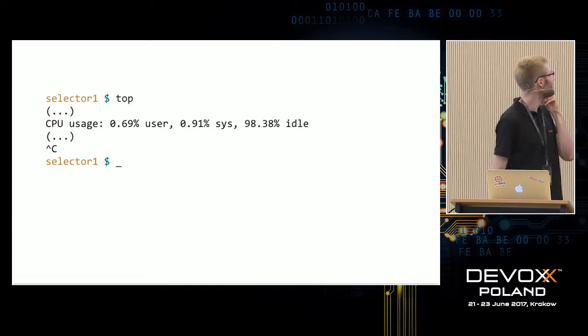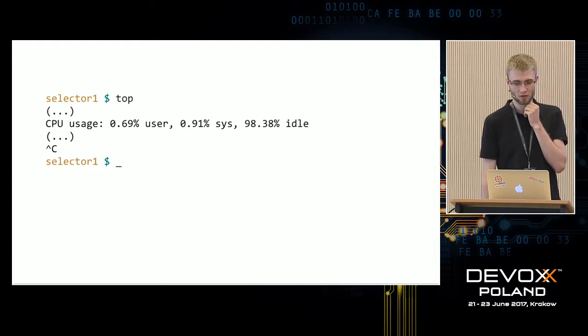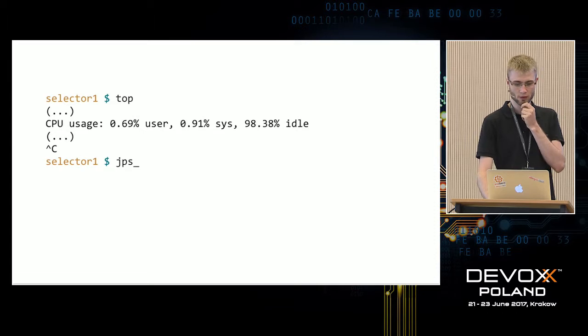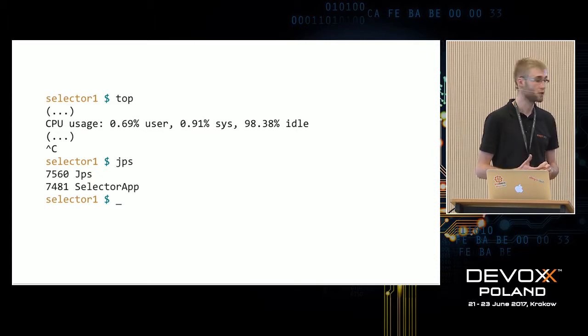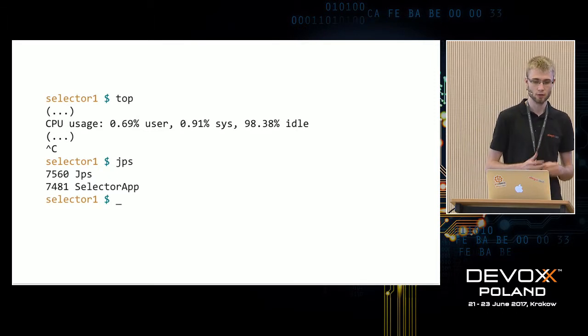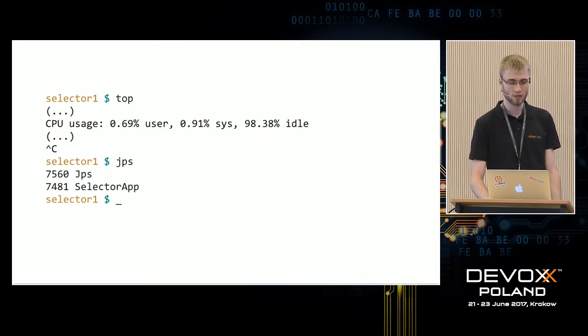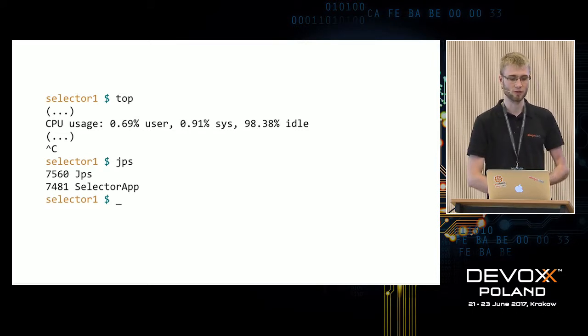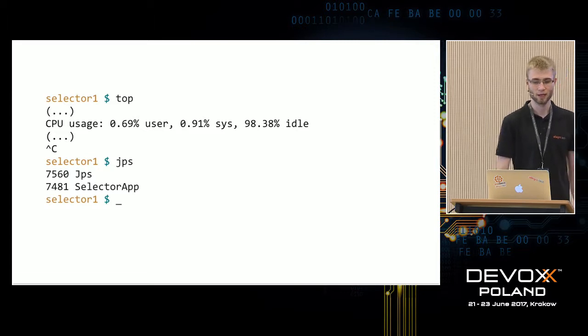Yeah, what we see is our machine is actually not doing anything. It's mostly idle. So yeah, what can go wrong? It's probably not garbage collector because CPU is like very, very low CPU usage. So what we can do is check the process ID of our application first. So using this tool JPS that we have on our machines, if we have JDK installed, we check all the process IDs of all the Java apps running on our machine. So we have, of course, the JPS tool because it's Java, and this Selector app.